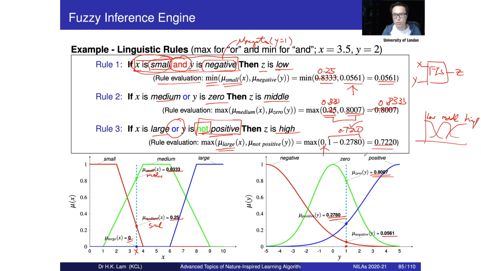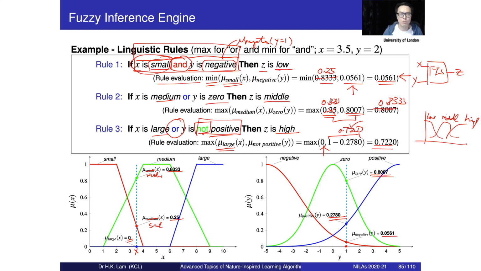So after the rule evaluation, we come up with 3 numbers. This one just tells you the overall contribution made by the if part, that is 0.0561. So the value is low and very close to 0. So the contribution for rule 1 is small. Okay. Now rule 2,